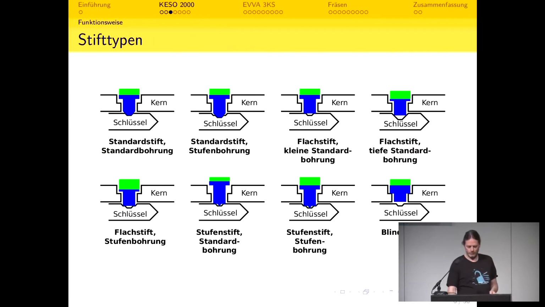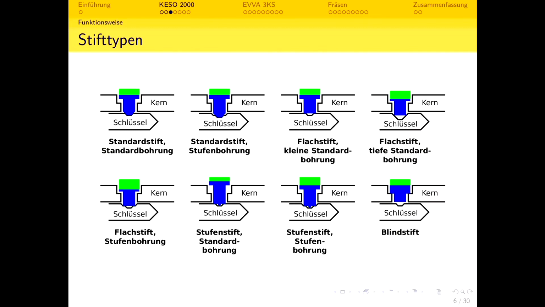I can't just use the positions for these. No, I have to use the positions for these, sorry. Another thing that they try to do is there are different kinds of drillings. Here we have a normal kind of